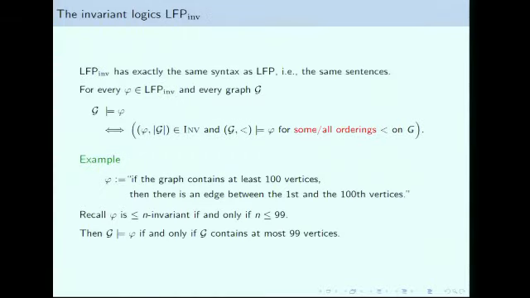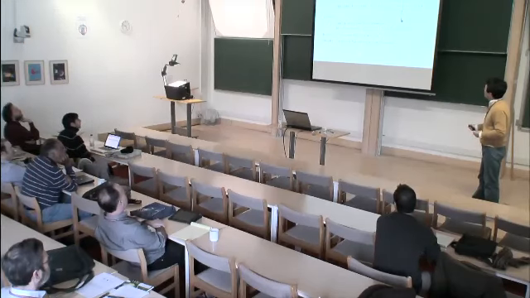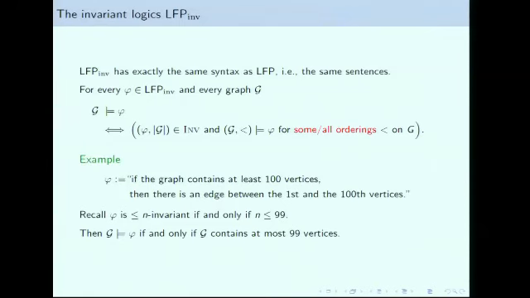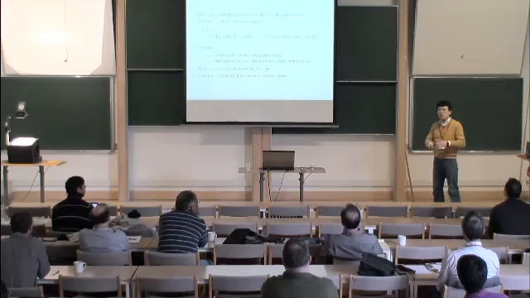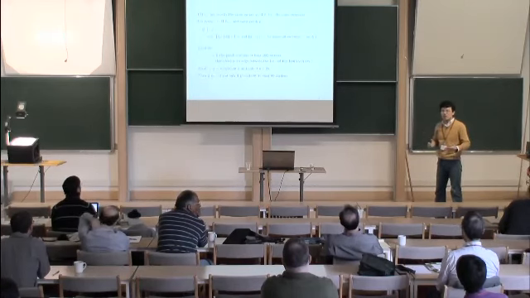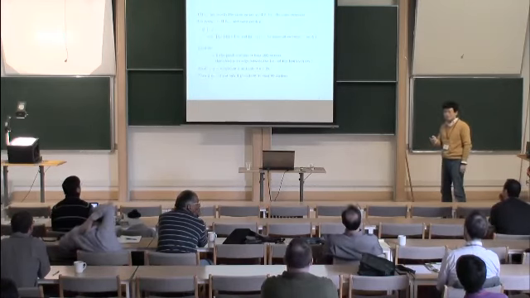What if G is the complete graph? But the condition is that the graph contains at least 100 vertices. Right, so take the complete graph on 100. Then the first condition is violated, because here I'm not talking about the graph G itself, I'm talking about all the graphs of size up to the size of G. So even if you are a complete graph, you can talk about it.